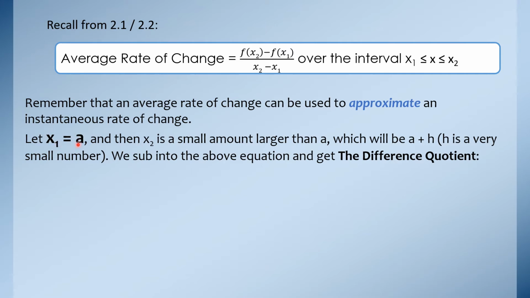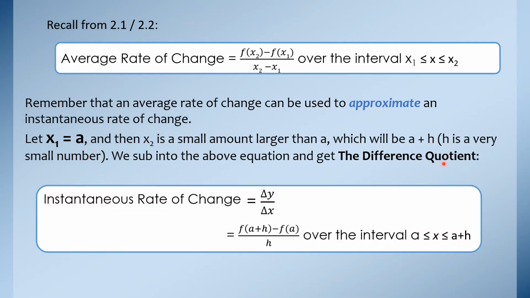Right now, we're just going to take x1 in this equation right here, and we're going to change it, just another different notation change. We're going to call it a, and you'll see this a little better in the next example. These little h numbers that I already introduced you to, h is a very small number. When you use this formula now, which we're going to substitute in an h, it's called the difference quotient. So it's still a rate of change, but we're using this formula now. And if you think of the example we just did, that's what we had on the denominator, right? Our x2 minus x1, we had